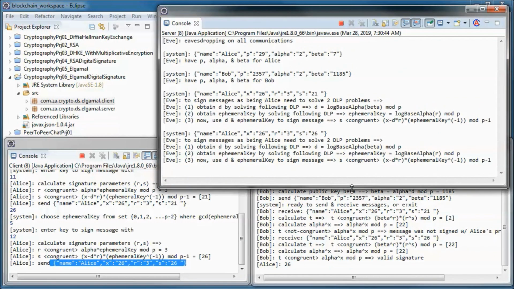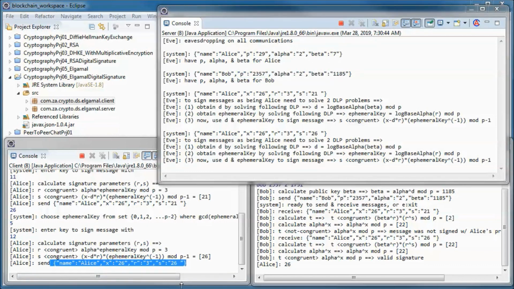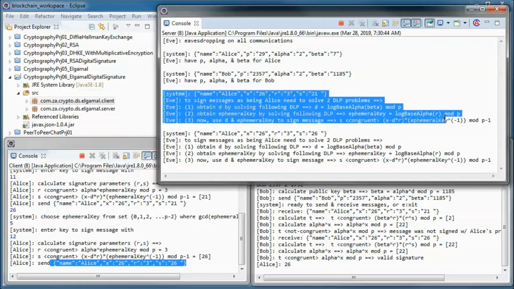And Eve can see Alice's P, alpha and beta, and Bob's P, alpha and beta, and she can see both messages that were sent from Alice to Bob.